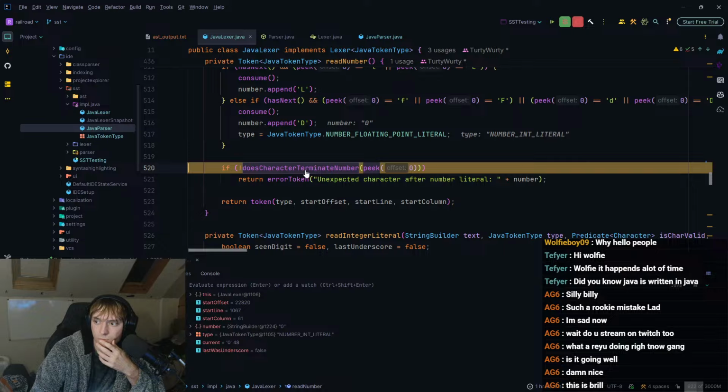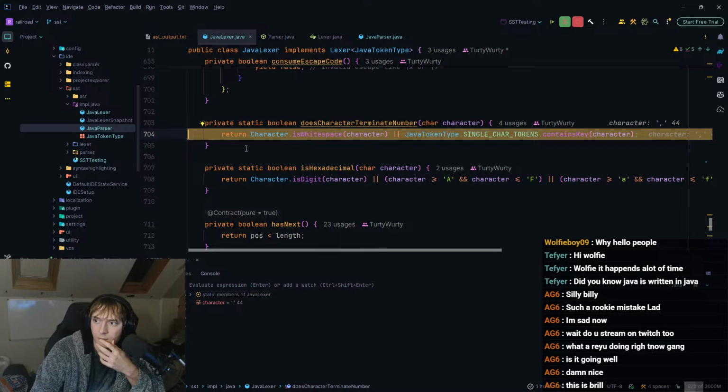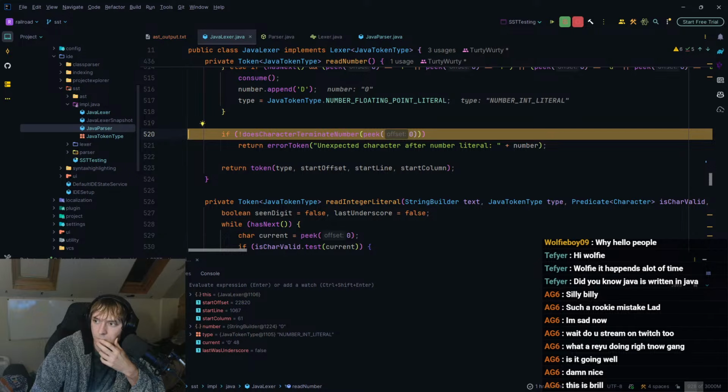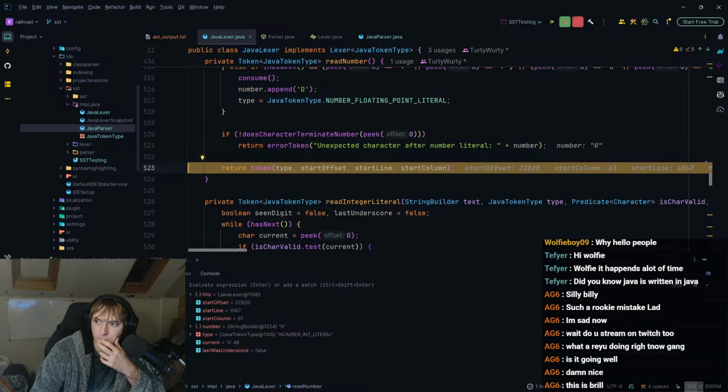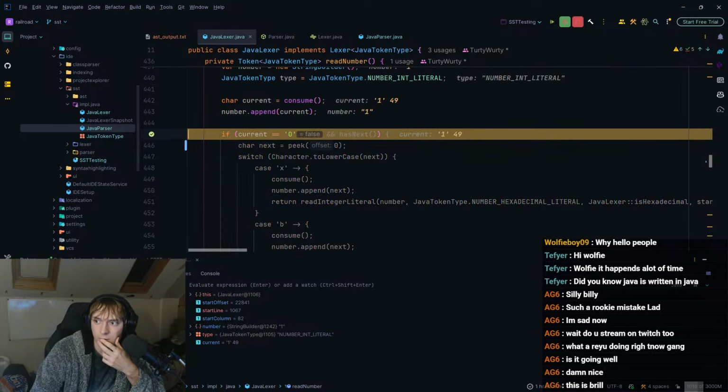It should, but let's check. Return character that is white space or single char tokens. Okay. So then it just returns the token. So that one shouldn't be the issue then, right?